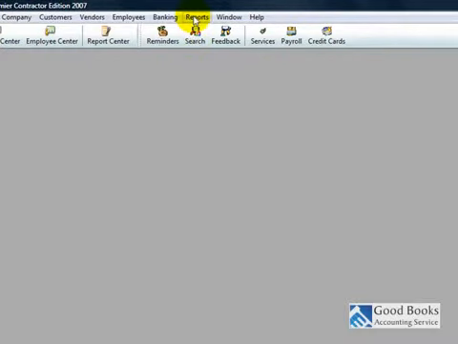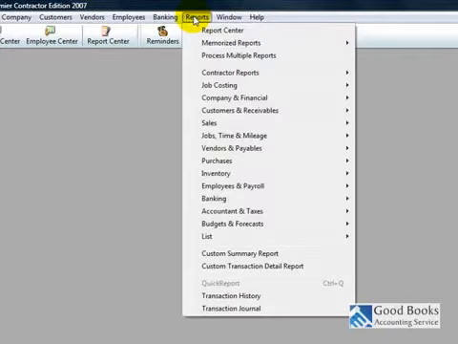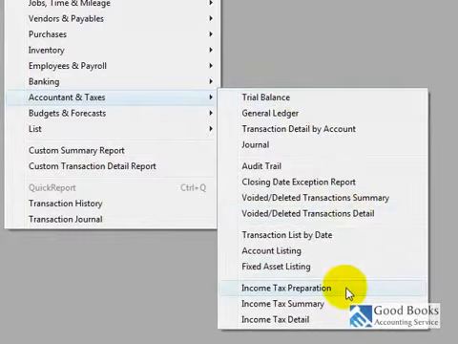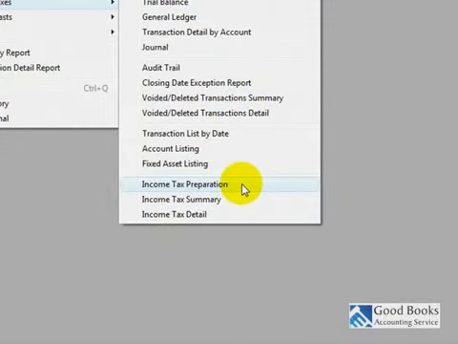Basically, the main thing that QuickBooks is going to help you with is getting you the numbers you need to move over to your tax return and create that. It's not going to automatically send it off to the IRS. It's not going to automatically type it out for you, but it will generate the numbers for you to put onto the tax return. So you're going to find that information if you go to Reports and Accountant and Taxes, and down here at the bottom it's got these three reports: Income Tax Preparation, Income Tax Summary, and Income Tax